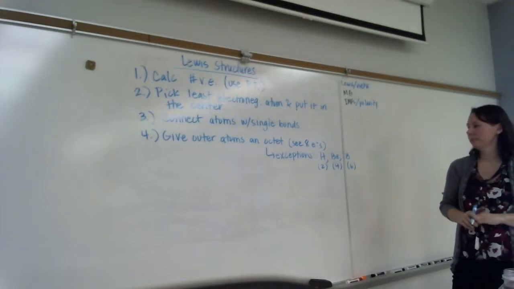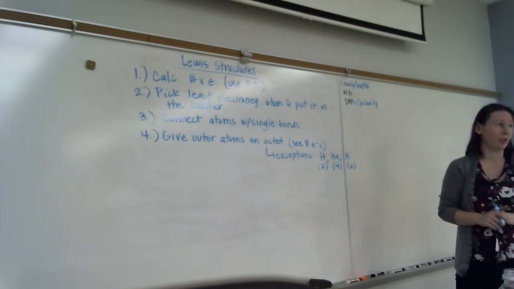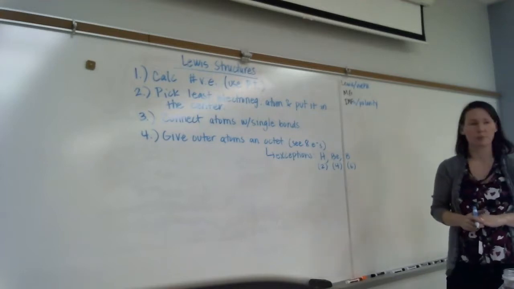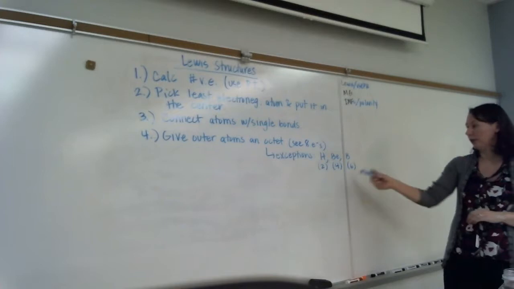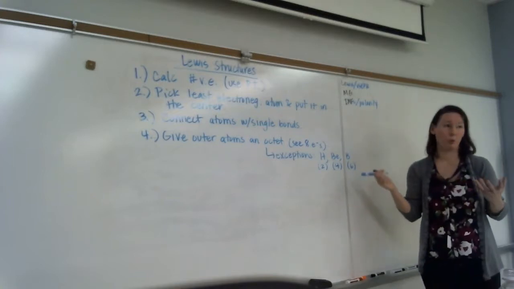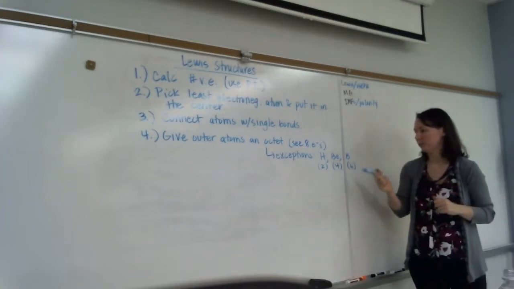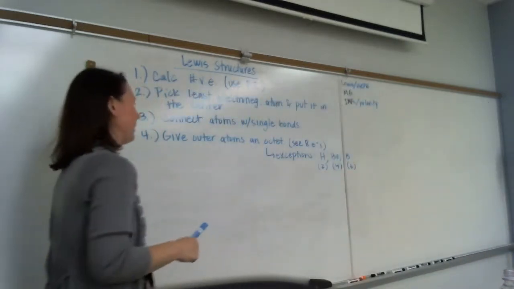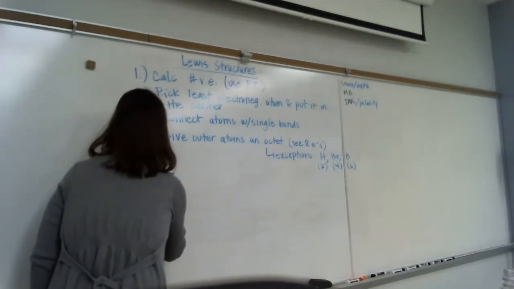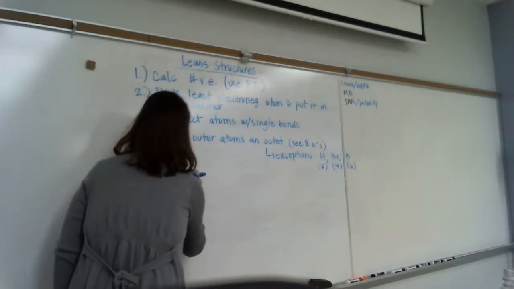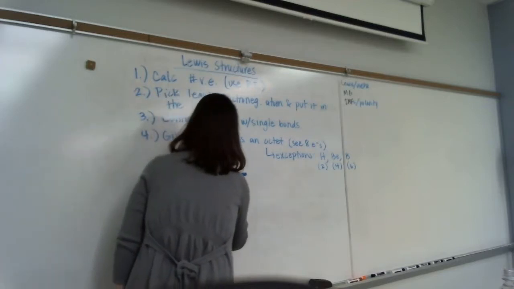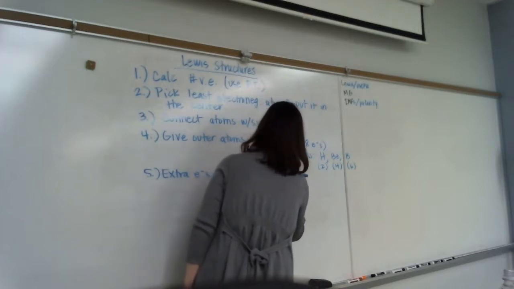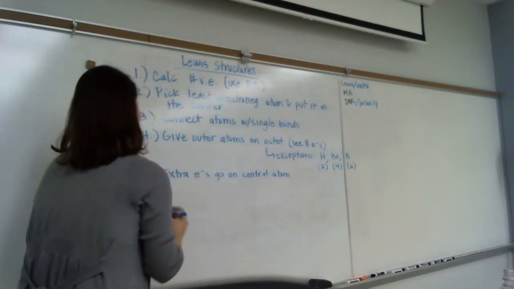Okay? And the reason for that is a formal charge answer. If you'd like the long answer, we'll spend extra time talking about why. Otherwise, you can just commit it to memory. The reason why is if beryllium and boron have more, it makes your formal charge a train wreck. So 4, 6, and hydrogen's 2. Okay, give your outer atoms an octet. Step 5, extra electrons go on central atom. Okay, and then 6,